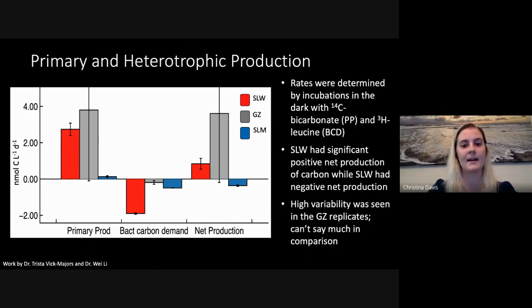So this could help, going back to what we were seeing with the limnological parameters, show that it is a more productive lake, that we are getting more generation of that carbon that could then support a heterotrophic community. However, with Mercer, we see that there's a lot less production within the lake, but it's also negative. So the heterotrophs are more productive in cycling the carbon than we're seeing with autotrophic production in these environments. And we can't really consider the grounding zone data because there was high variability between the replicates.